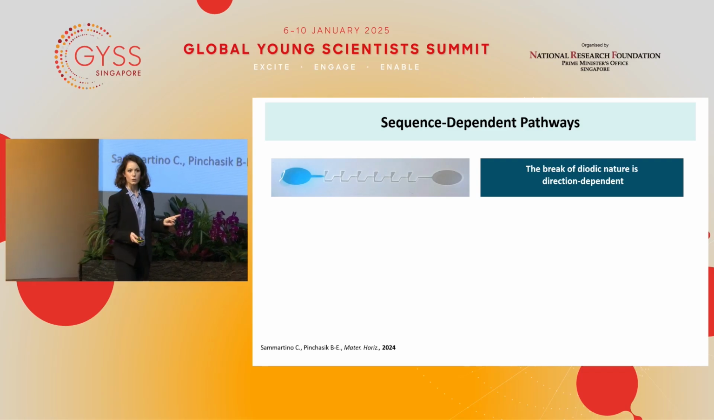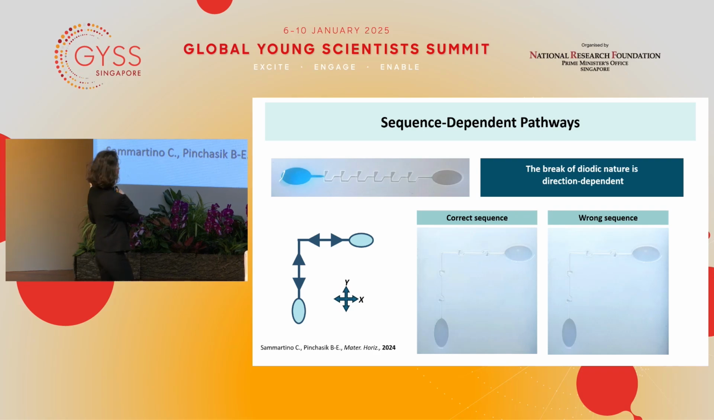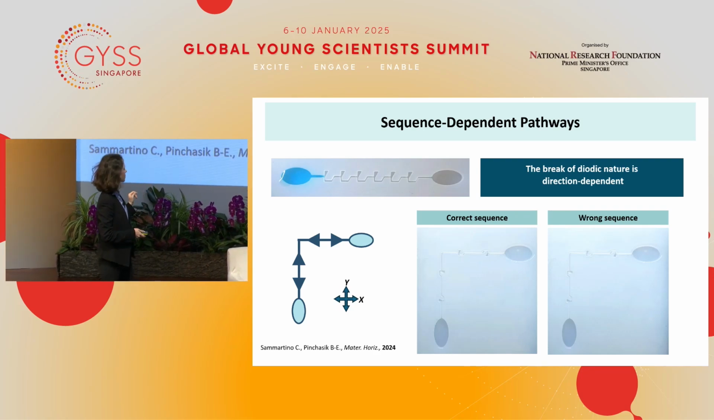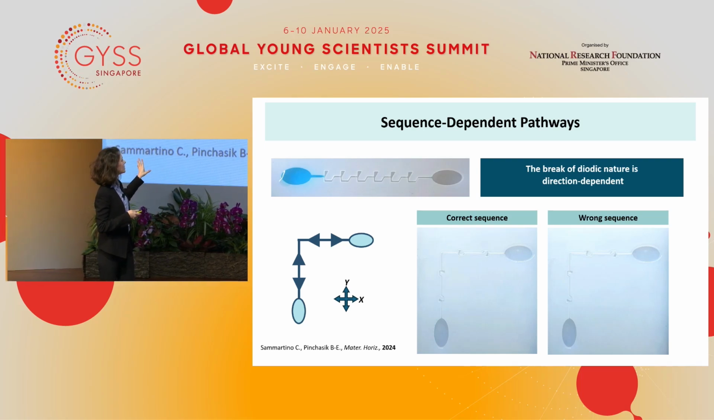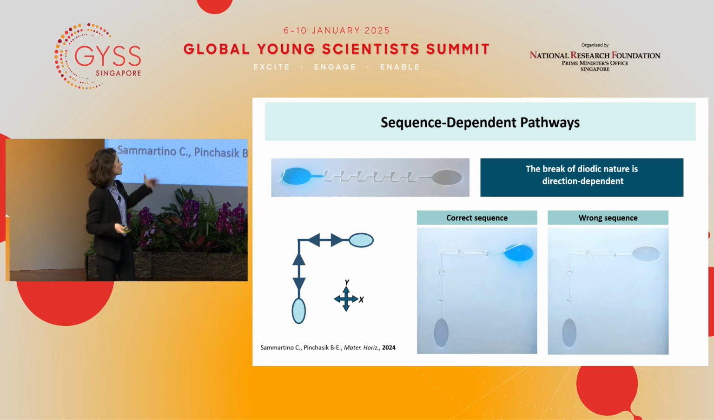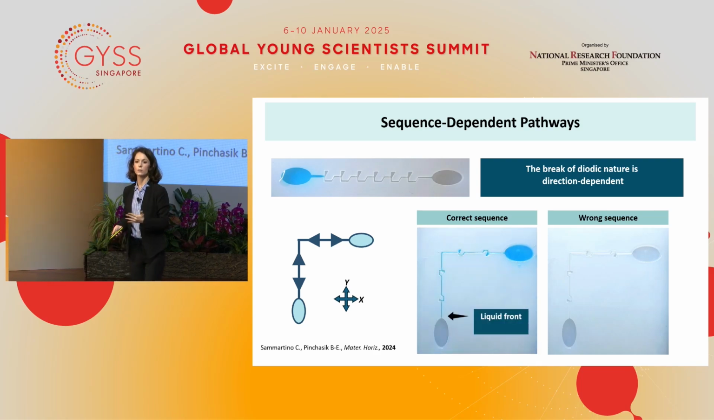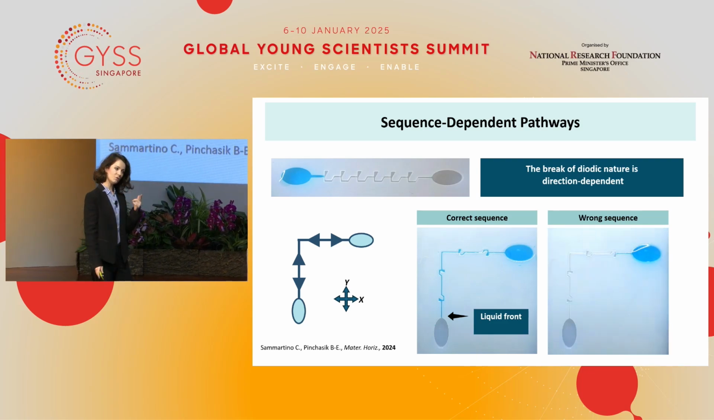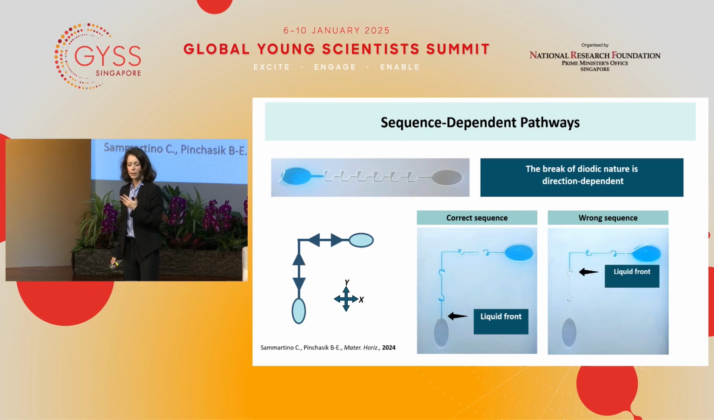So we can use this knowledge and create sequence-dependent pathways as such. This is a very simple example of an L-shaped channel. So what happens is we have diodes distributed in a sequence, and if we apply the correct sequence of actuations, then we get our desired final state. But if we apply the wrong sequence, then we get a different final state, as you can see. So with this, we're thinking,